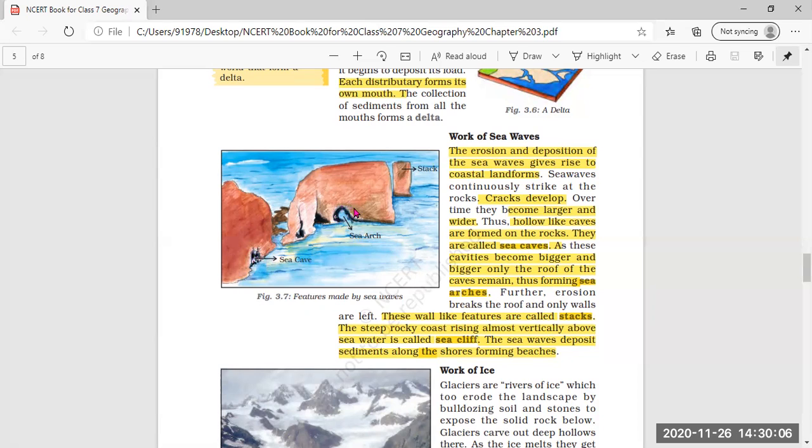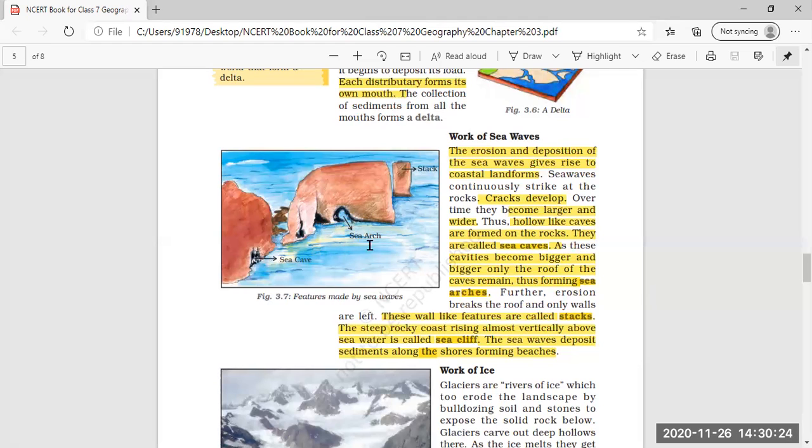We can see straight away in the picture that inside it, the rock is completely broken. The crack had developed so much that it has completely broken, and a type of way is there, and